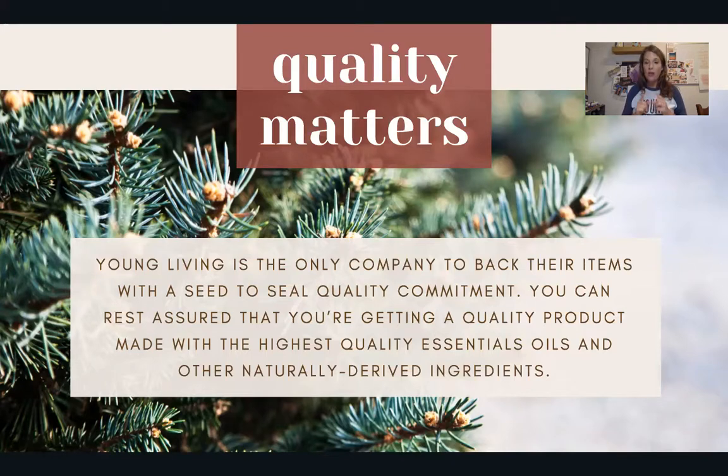Oils that retain all their natural constituents and beneficial properties. Use of food grade distillers with state-of-the-art design and distillation methods. Low pressure and low temperature distillation without the use of solvents or synthetic chemicals. Rigorous testing on each batch by internal labs and third-party facilities. And oils that are carefully reviewed through every step of production in order to meet or exceed industry safety and